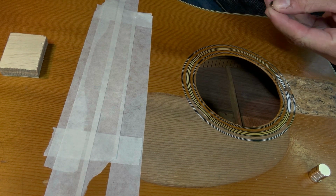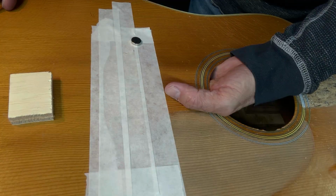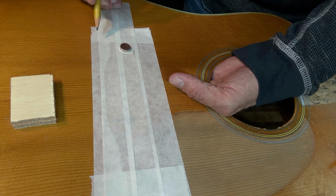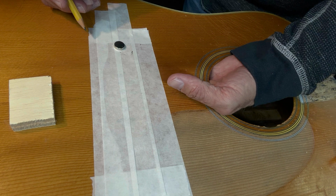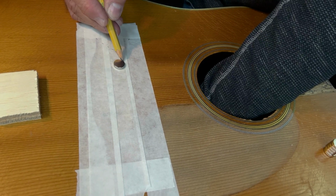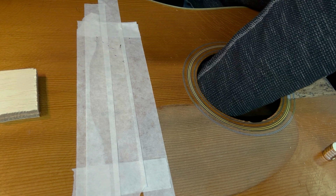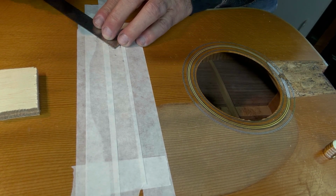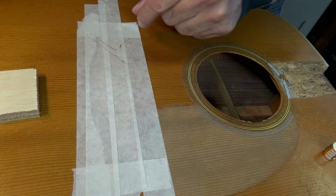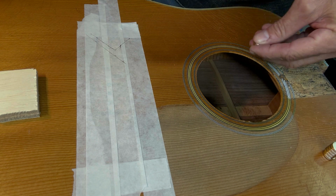I'm going to go with some magnets and lay out the position of these braces. So this is the corner right here. Come this way down the brace. It's over here. And then moving this direction. The thickness of the brace. From here. Down to there. So basically, I have to make a caul that bridges this brace right here for that side. And on the opposite side, over here,